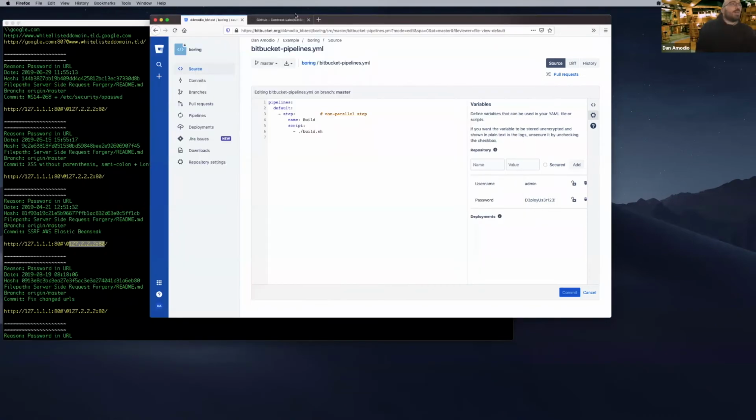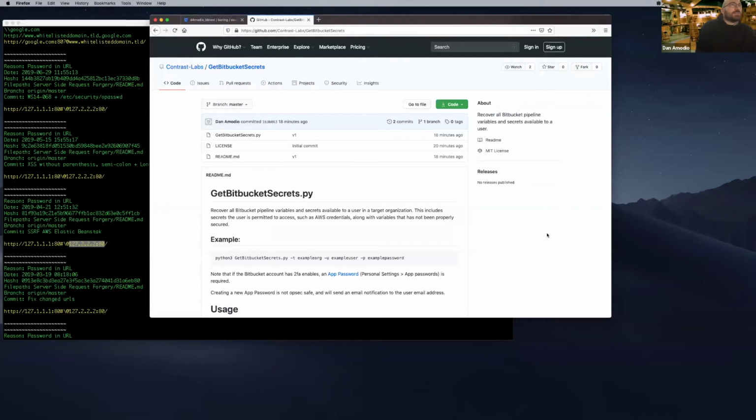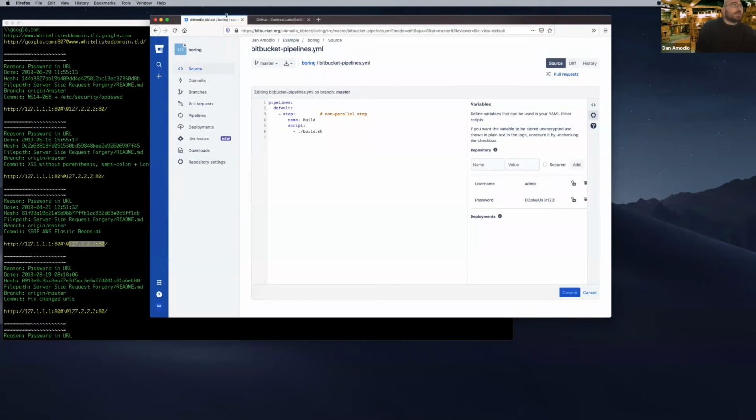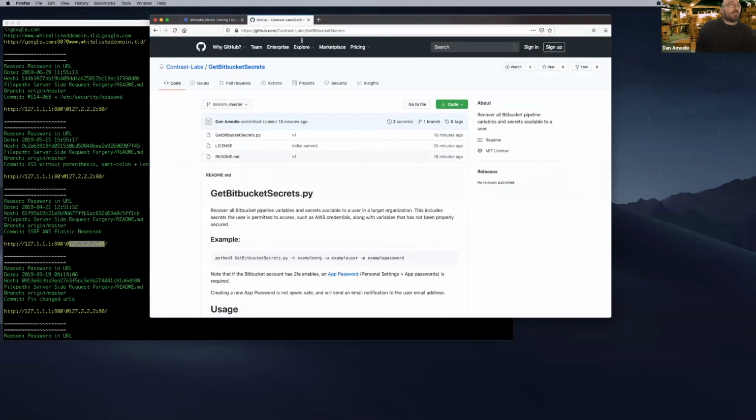So we'll link to this code. I just pushed this out. If you want to be able to run this script, I'll demo how it works. We put this up on our GitHub, but you can use the username and password for the Bitbucket user. If you have two-factor authentication set up, you can use an app password, and then just supply the target org name, the username, and the password, and it will rip through every single repo and pull out all of the